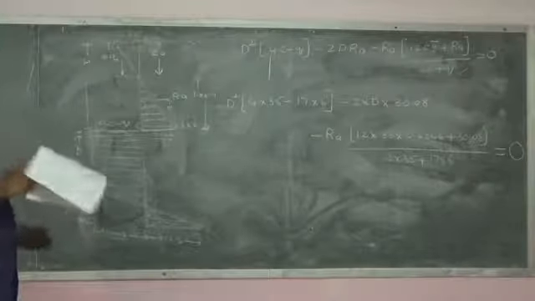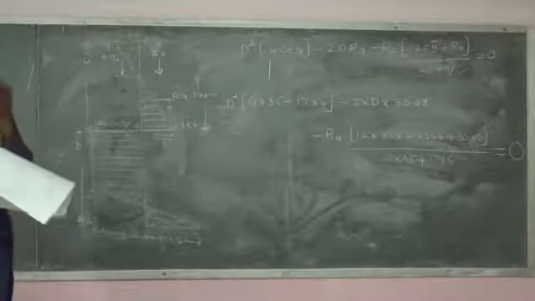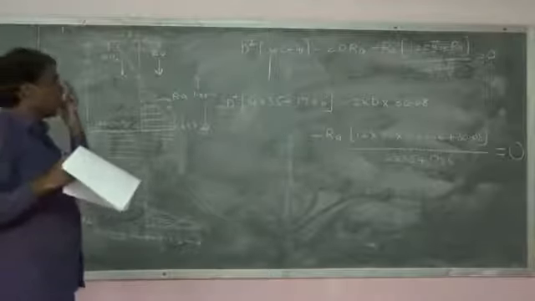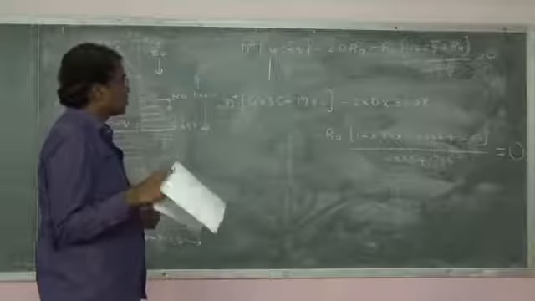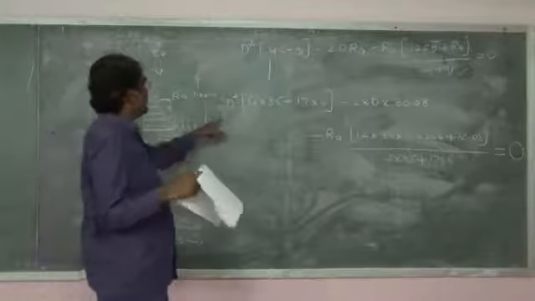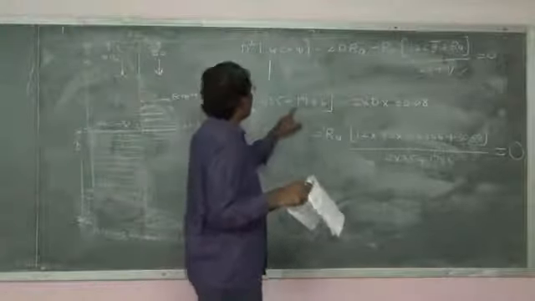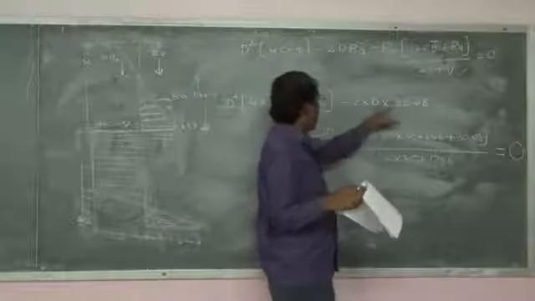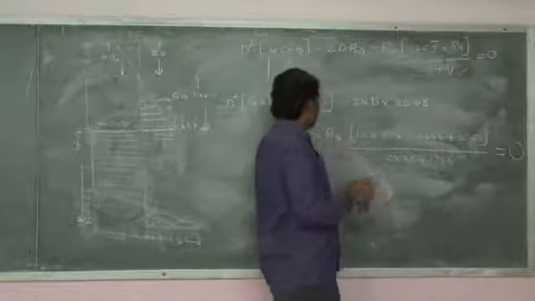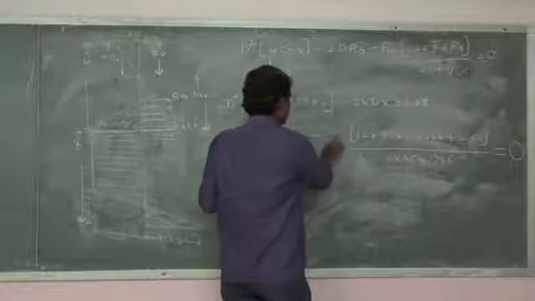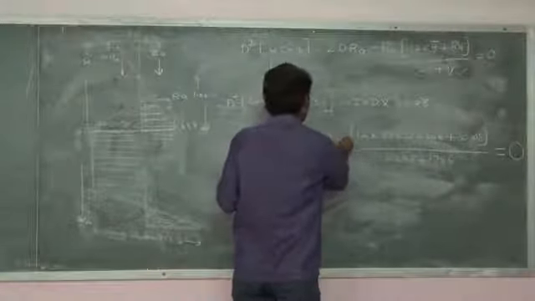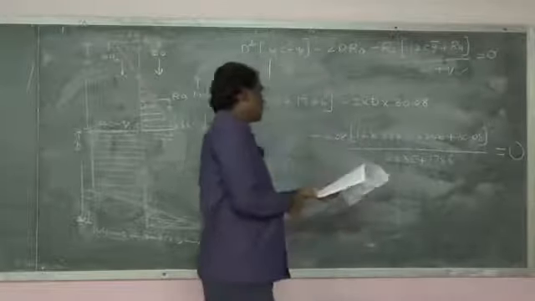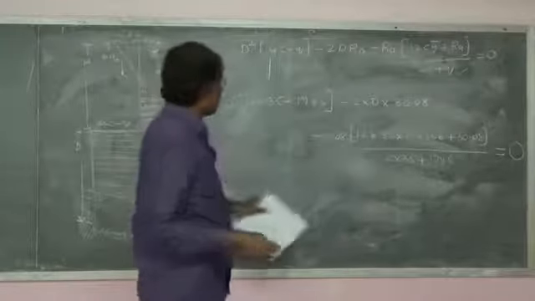D square 4C minus Q minus 2D RA minus RA into 12C Y bar plus RA divided by 2C plus Q equal to 0. When D square is there, 4 into C minus Q minus 2D RA minus RA. Of course, the value of RA is 1 here. You can substitute here. Directly I will write RA is again 30.08 into 12 into 35, like this. Whatever the values are, you substitute here.